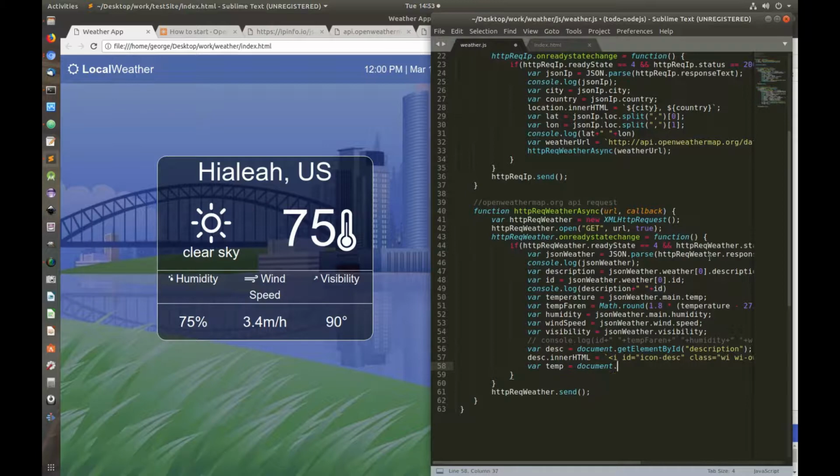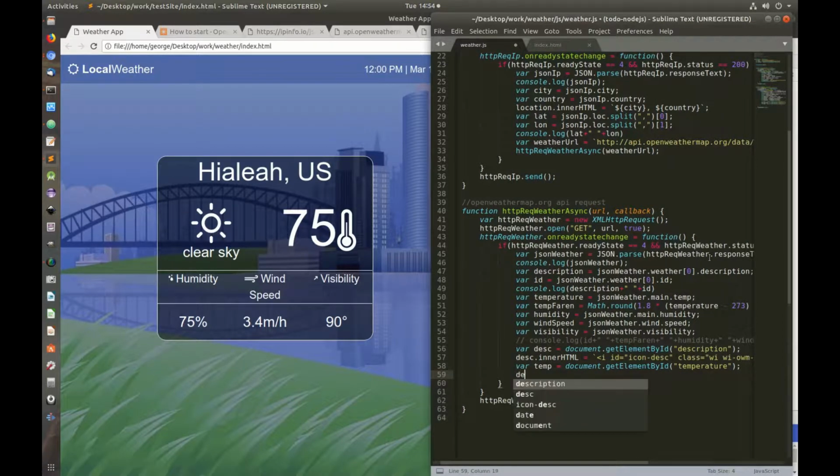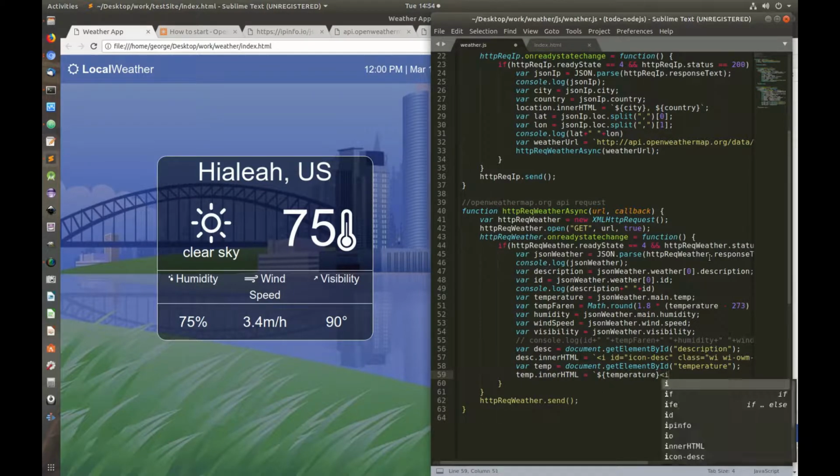So document.getElementById temperature, and next I'm going to say temp.innerHTML, and I'm going to use backticks and temperature followed by the icon, which has an ID of icon thermometer,